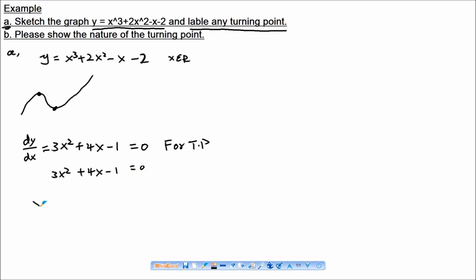Use the quadratic equation formula. It will be -4 plus or minus the square root of 16 minus